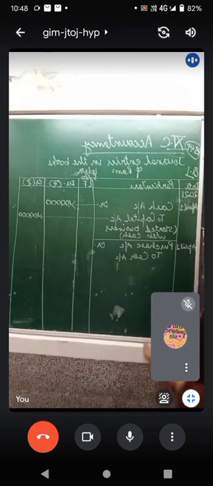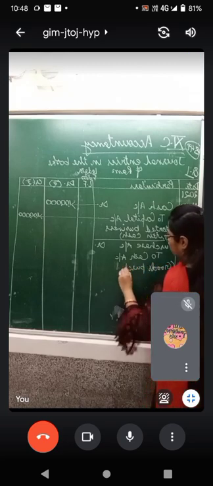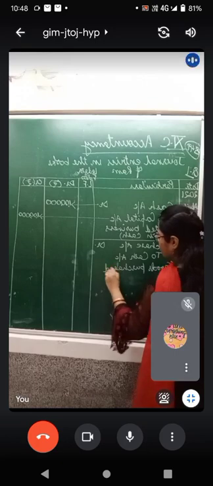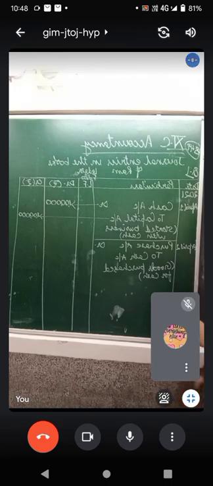Purchase account debit to cash account. What shall be the narration? Goods purchased for cash. Alright? Now, what is the amount? The amount is rupees